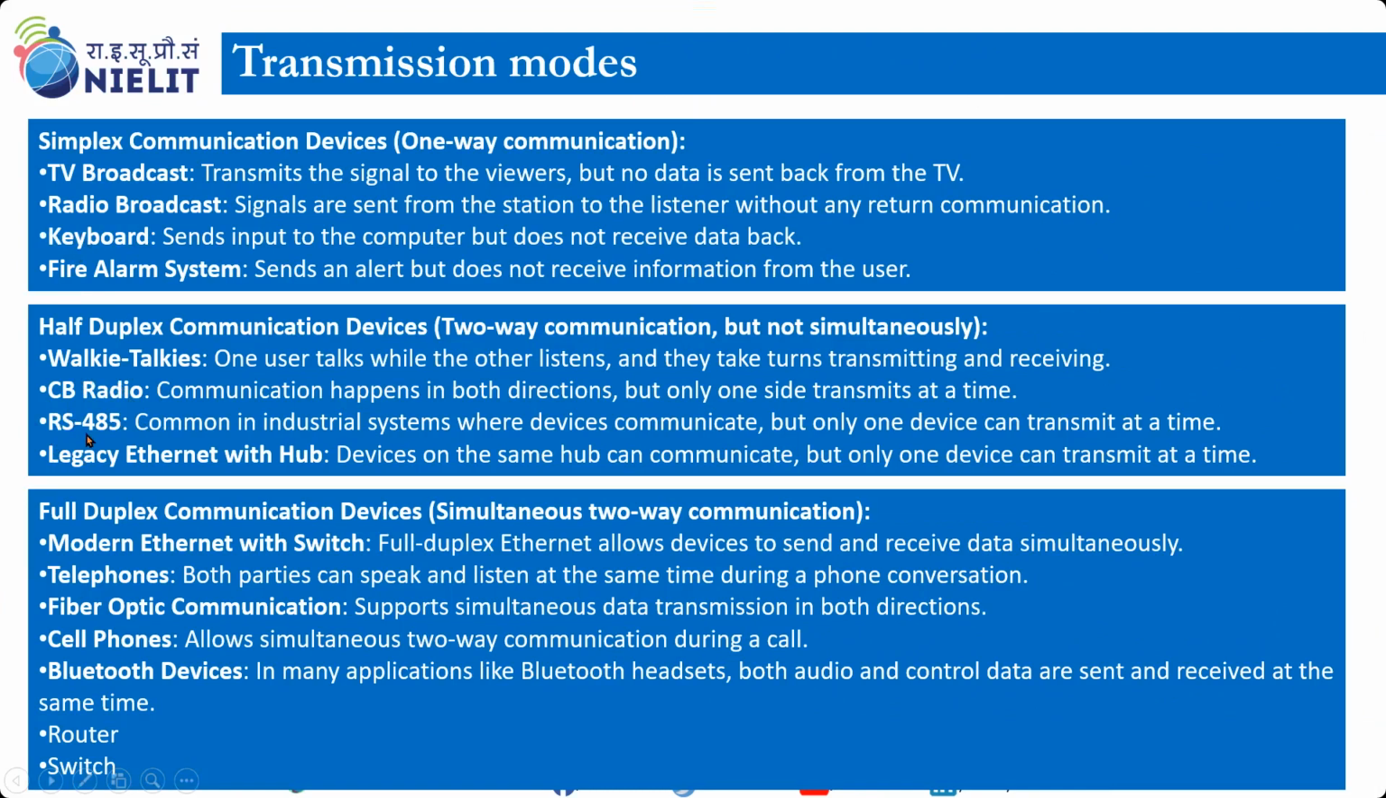RS-485. RS-485 is a cable communication technique which is supported in half duplex mode. Legacy Ethernet card, hub device is a half duplex device. So due to being a half duplex device, hub is a less efficient device. Full duplex means both way bidirectional communication will be possible at the same time. So our Ethernet card is always capable of